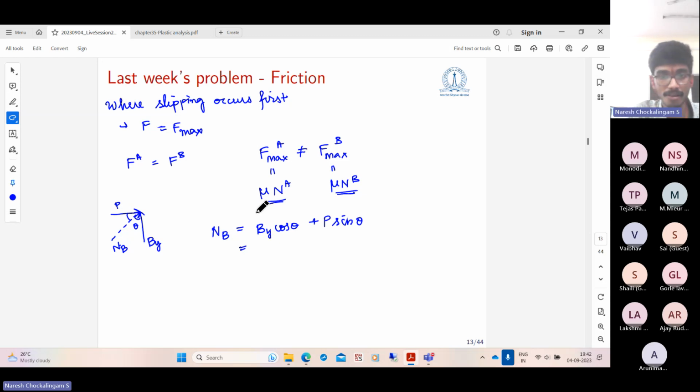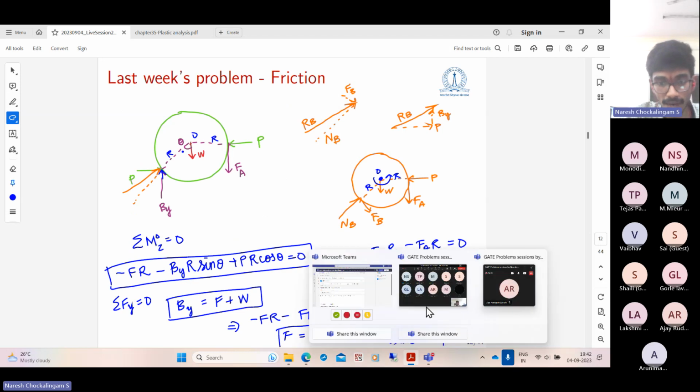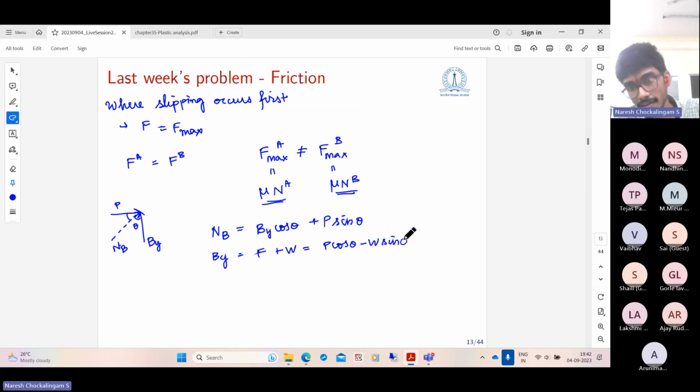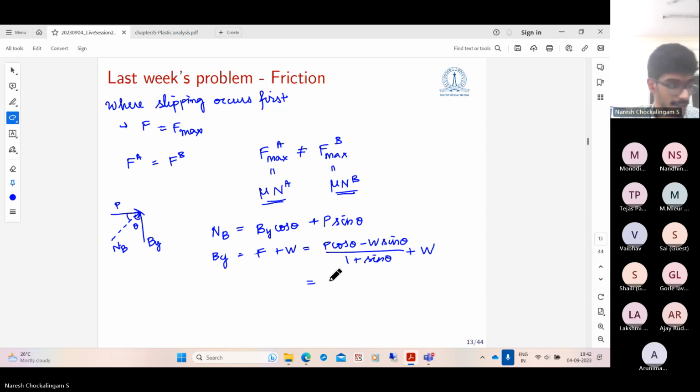By we have already determined. By is F plus W, and F we have already found as this. So By is F plus W, but F is P cos theta minus W sin theta divided by 1 plus sin theta. Write it here. By is F plus W, which is P cos theta minus W sin theta divided by 1 plus sin theta, plus W. So you'll get W sin theta here, and W sin theta will get cancelled. So you'll simply get W plus P cos theta by 1 plus sin theta. And what is NB? NB is nothing but By, this entire thing,